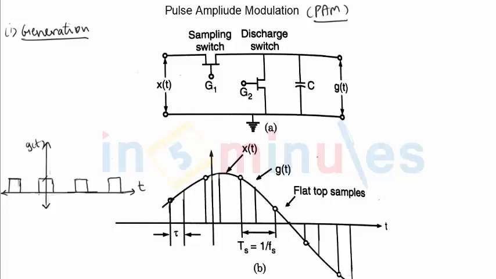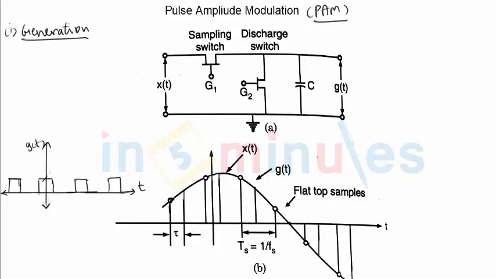In this video clip, we will discuss the first type of pulse modulation technique, which is called pulse amplitude modulation. In short, it is called PAM. As the name suggests, in pulse amplitude modulation, we will vary the amplitude of pulses in proportion to the modulating